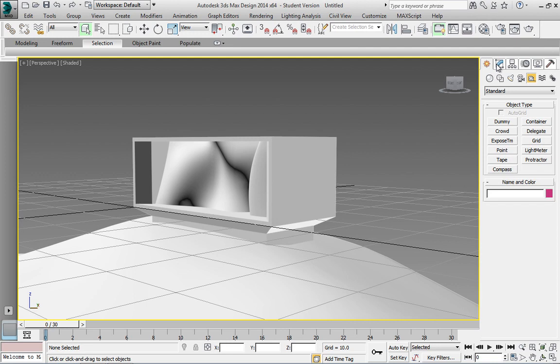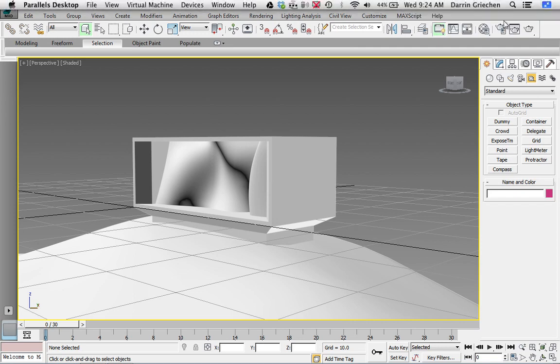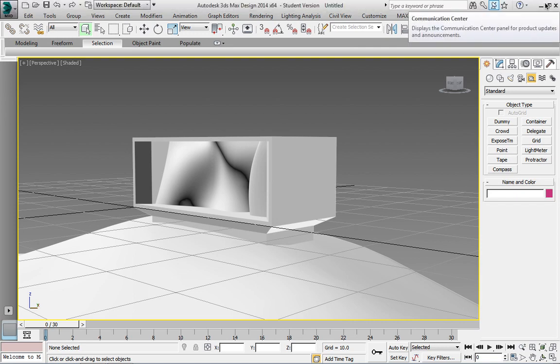And then we also want to have a sun, which is a parallel type of light, to illuminate and create the hard shadows. So we want to create both the sun and,